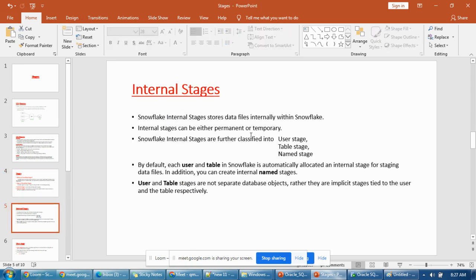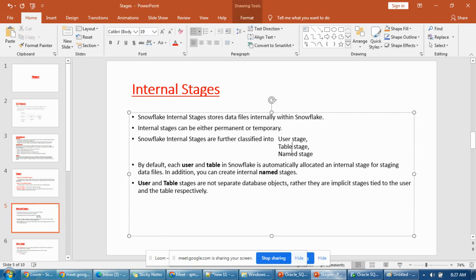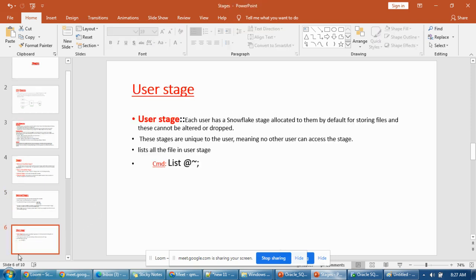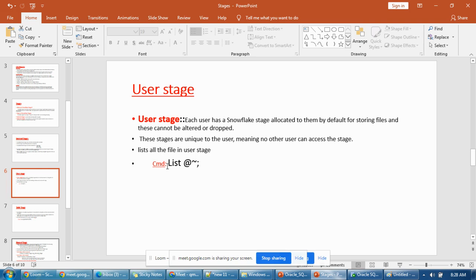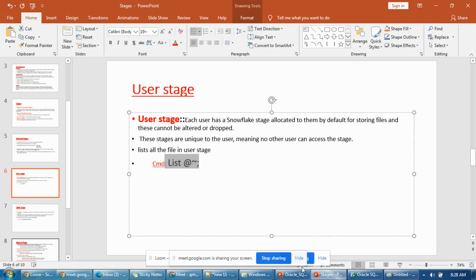Next, internal stage. Internal stage means inside Snowflake. There are different types of stages internally: user stage, table stage, and named stage. User stage means that for each and every Snowflake user, a user stage will be there by default. How can you display that stage environment? Let me open that